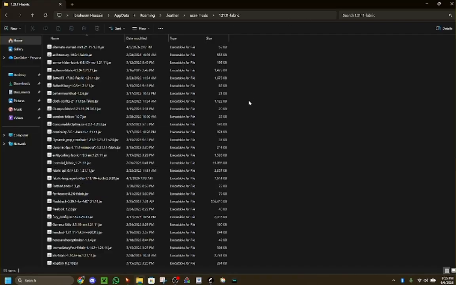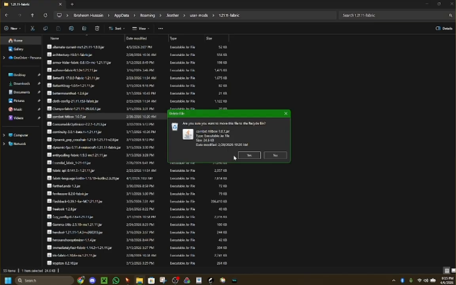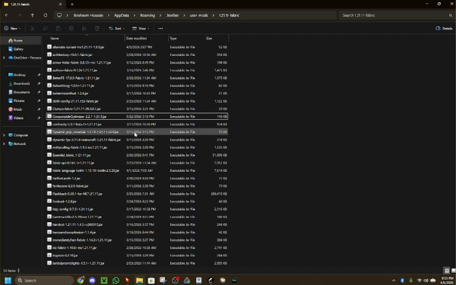Anyway, now I'm going to list off all my mods in case you can't read it. If you don't want to see this, just skip. Alternate Current, Architecture API, Armor Hider Fabric, Offhand, Better F3. Better F3 is very important. Better Hit Reg, Better Mount HUD, Cloth Configuration, Clumps, Combat Hitbox. I don't even use that one. Consumable Optimizer, Continuity, Dynamic PvP Crosshair, Dynamic FPS, Entity Culling, Essential Fabric,